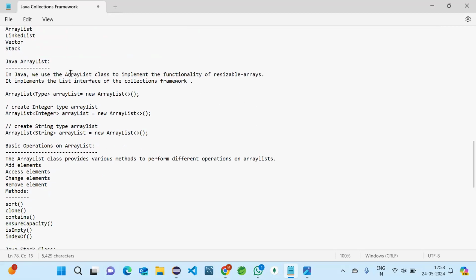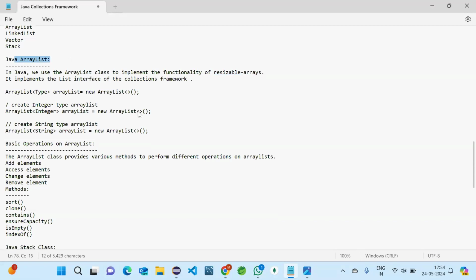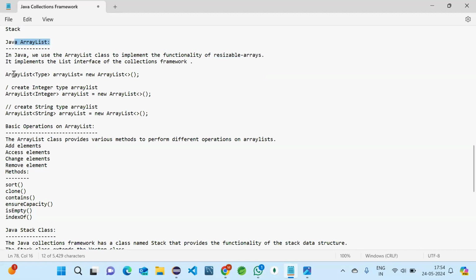The ArrayList class implements the List and it is resizable also. As I said, arrays are not resizable, but collections are resizable, like dynamic arrays. That is mostly used here. And when we want to replace arrays with a dynamic array, we usually go to ArrayList. We can also say ArrayList is implementing the List interface. So first we'll see how we declare an ArrayList.